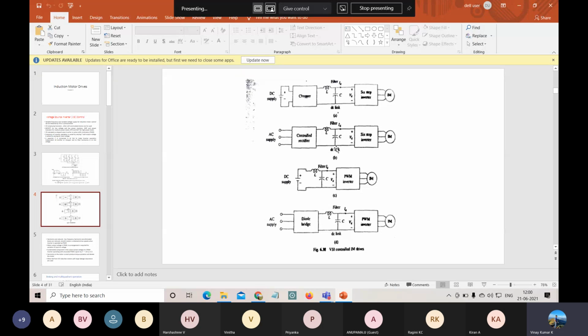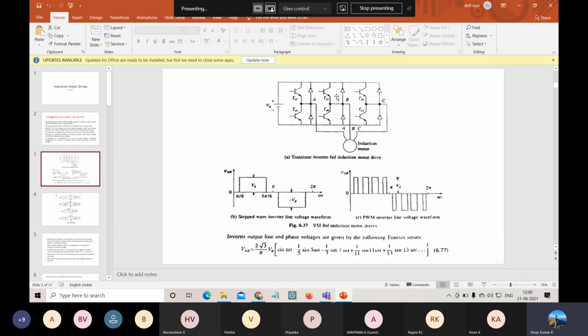In the VSI drive, if the supply is DC, go for a chopper, and if the supply is AC, we go for a rectifier. This chopper converts DC to DC, and this is our DC link. In the DC link, we were having leakage inductance and capacitors.